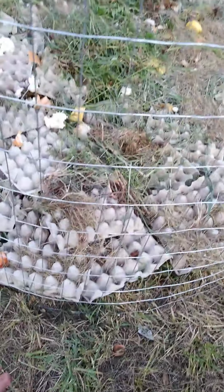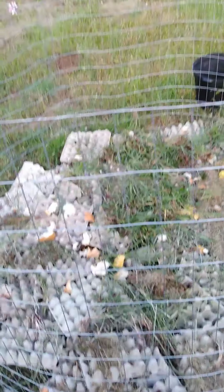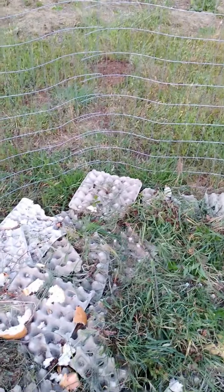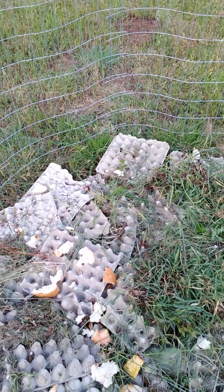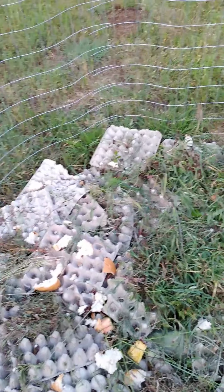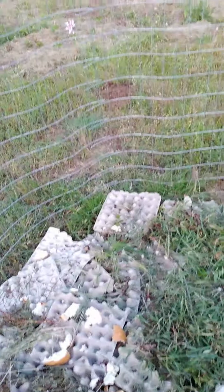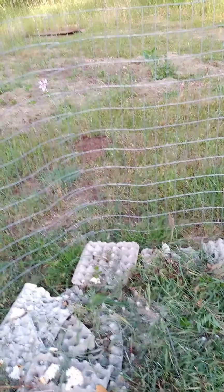I layer it with the egg cartons first, and then you put dry grass, wet grass, food, bread, hair, cactus, whatever you want. And it's nice to chop it up. The smaller the pieces, the more it decomposes. But I mean, you can put whole dead deer and cows in here if you wanted, and just cover them with grass and just water it every day. And the heat will make it decompose really fast. So I mean, you can compost anything. Nature will break down anything, bones,